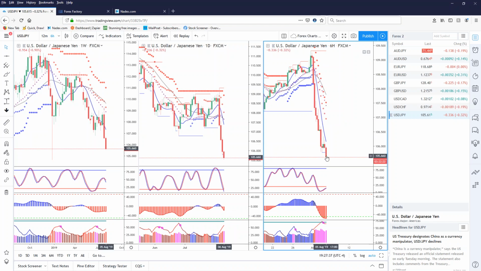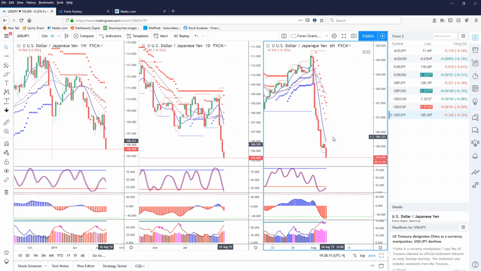I want them to prove to me, in other words, that they're actually going to let this market go up. And right now, I'm not seeing it. Do you see how that blue line just dropped? That's usually a bad sign for a market. So what I would want is for them to come up and come through this blue line, but then retest it. Show me you're going to hold. And then I might be interested in taking a long position.